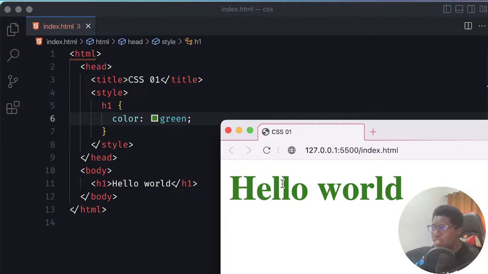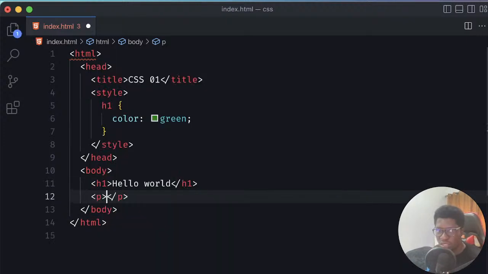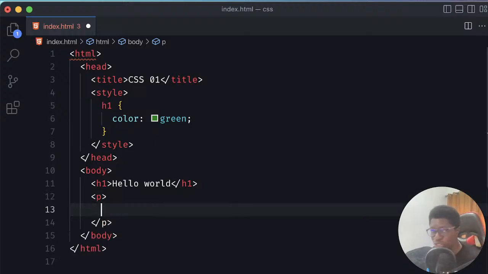Each element has its properties, and all of those properties can be tweaked, modified, changed, can be dynamic. You can tell them to do a whole lot of things that you want them to do. So for example, this is a text, which is h1. h1 happens to be part of a text formatting tool that we have, and I'm going to introduce something else so that we don't have just one element. I'm going to introduce the paragraph element, and I say welcome